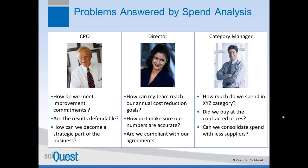And then the category managers, we wanted to make sure that they had direct access to the information that they needed to be able to understand, where can I reduce costs? If I've been given a cost reduction goal, how am I going to meet that? Are we compliant with the contracts that we have in place? Is there spend or suppliers that we could leverage to get better pricing? And so we really tried to create an environment that ensured that each of these users had access to the